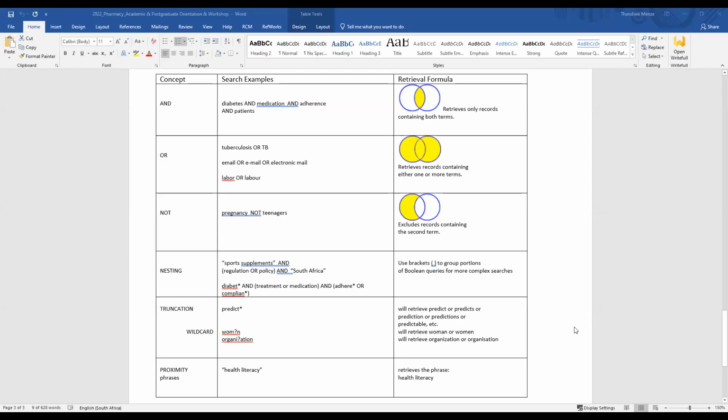I'll respond to the question about Boolean searching, because I did explain a bit of that in my session. It's where you use the terms and, or, and you can also use the term not. And it's well explained if you use a diagram of circles, and where they intersect is, for instance, the